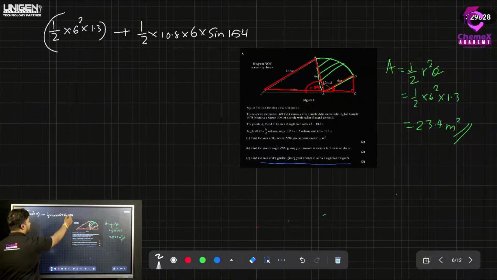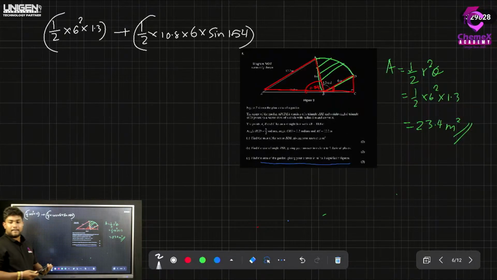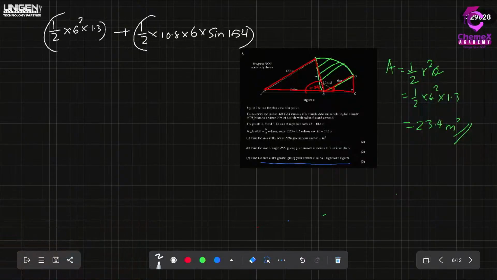Okay, that's gonna be the area of the triangle. Now we need to find the area of the